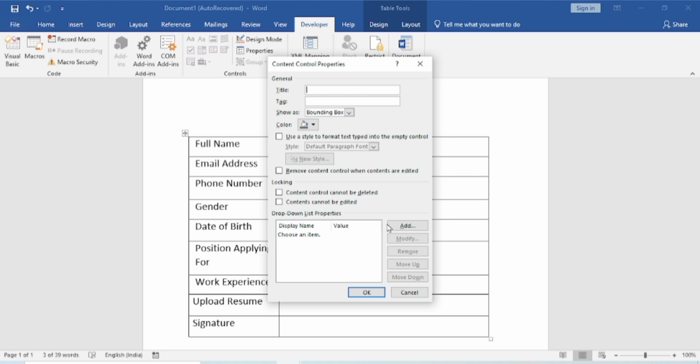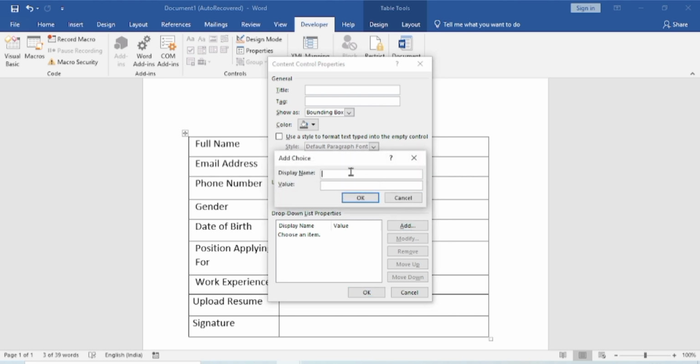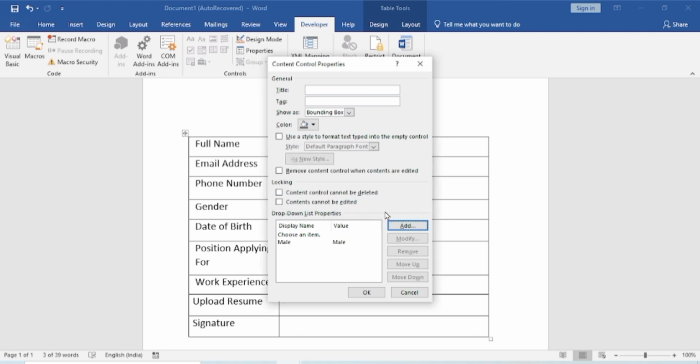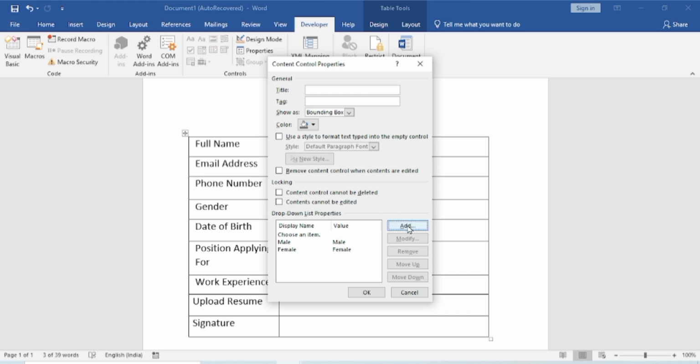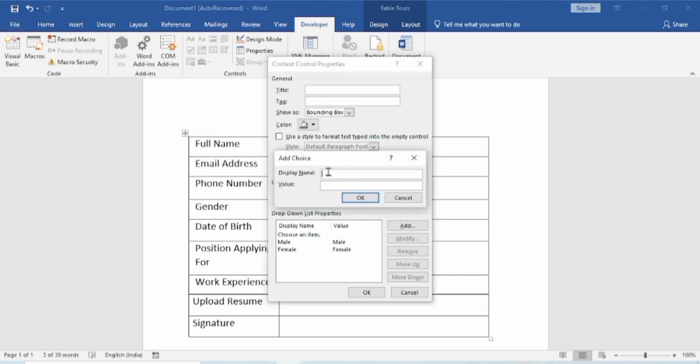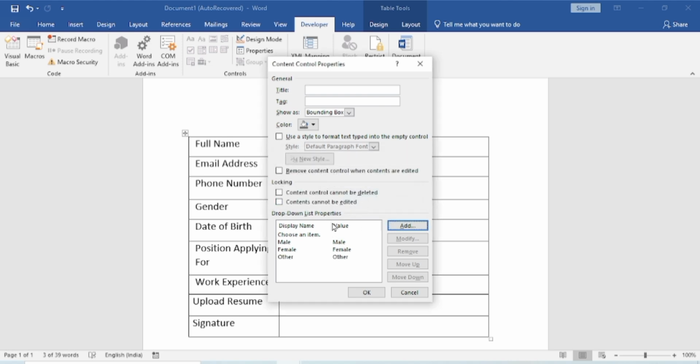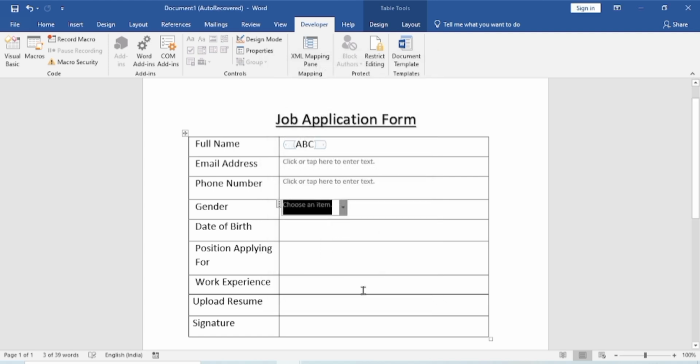Click Add and enter gender name. Similarly, you can add other options. Once done, click OK. Now, people can click on the drop-down and choose the gender.